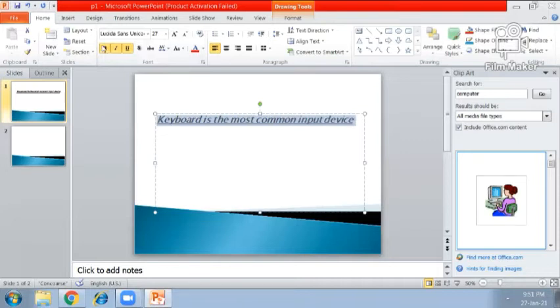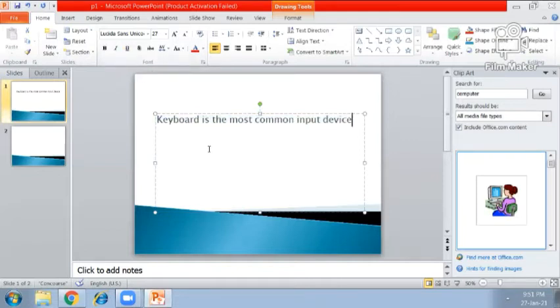Select it and click on it. Bold is removed from your selected text. Click on I. Italic is removed from your selected text and click on U. Underline will be removed from the selected text like this.